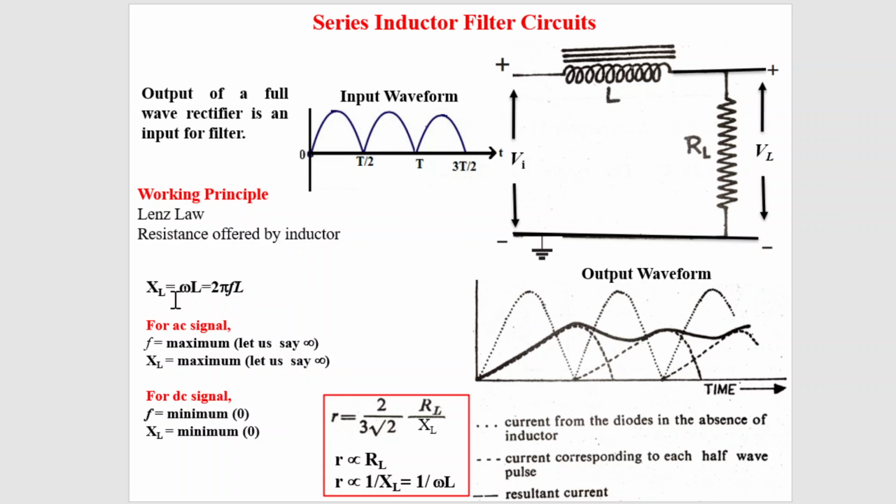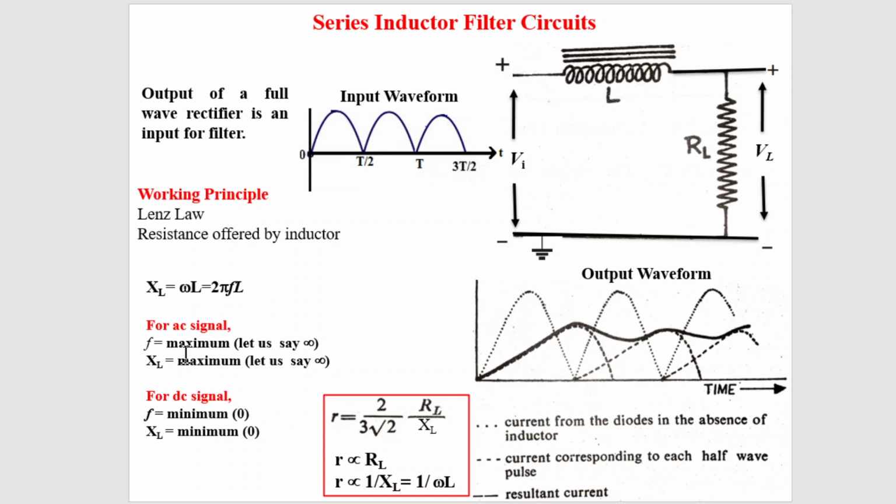Now if you analyze this resistance offered by the inductor, that is inductive reactance, with respect to frequency, where this frequency is the input signal, and we know that this input signal basically consists of two signals. One is the DC signal and the other is the AC signal. 48% AC we have and 52% DC we have, and we want to minimize this remaining 48% AC from the output. So let us say the AC signal has some frequency.